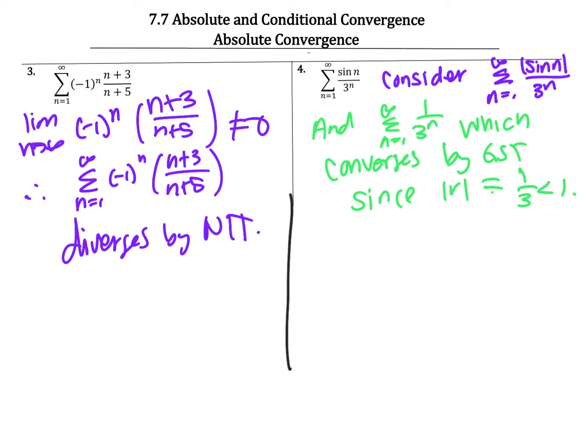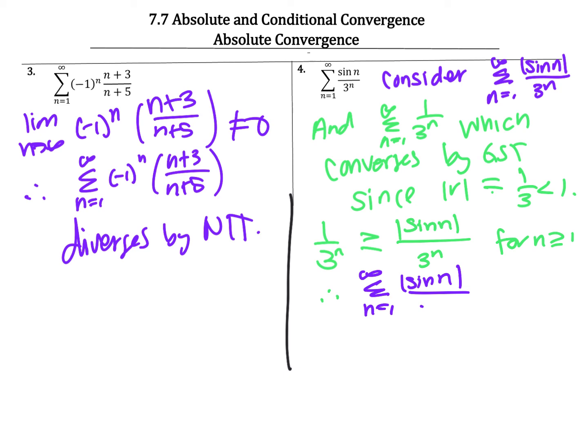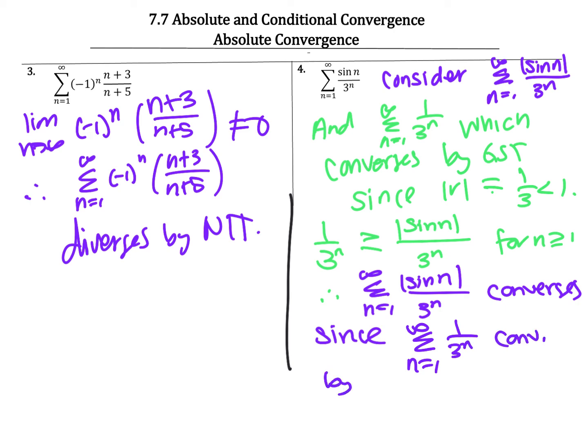Because I can actually here say that 1 over 3 to the n will always be greater than or equal to the absolute value of sine of n over 3 to the n for n greater than or equal to 1. Therefore, we can say that our purple series converges, the series from n equals 1 to infinity of the absolute value of sine of n over 3 to the n converges, since the sum from n equals 1 to infinity of 1 over 3 to the n converges by the direct